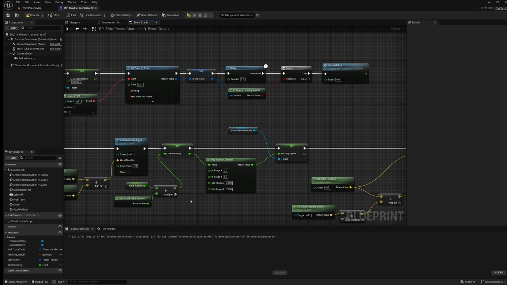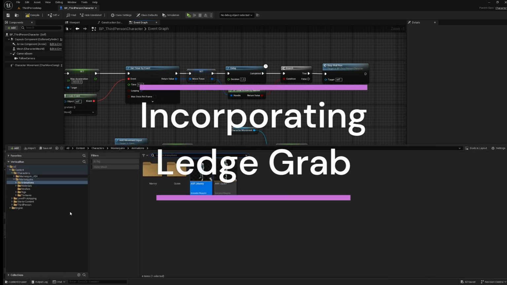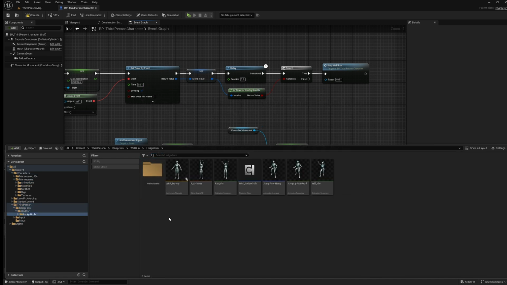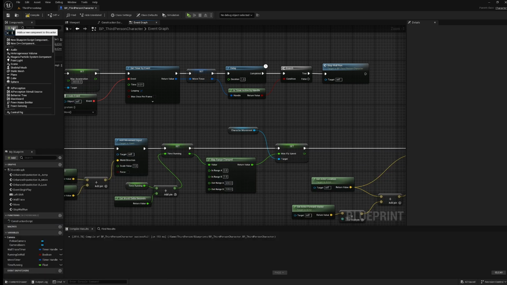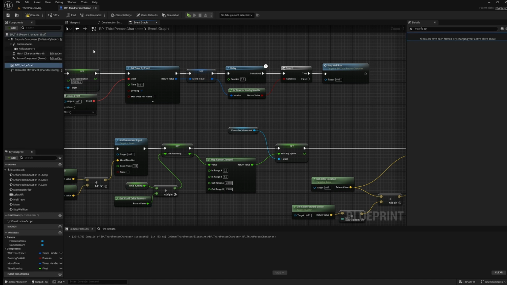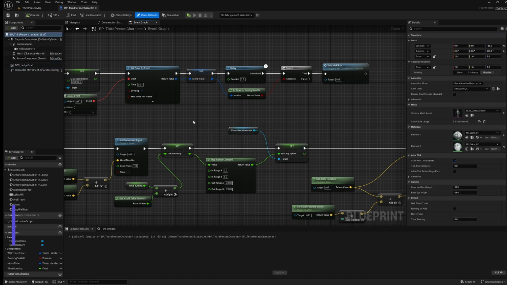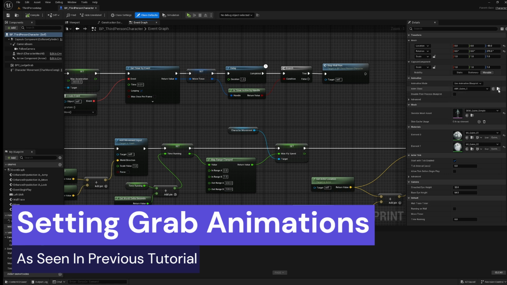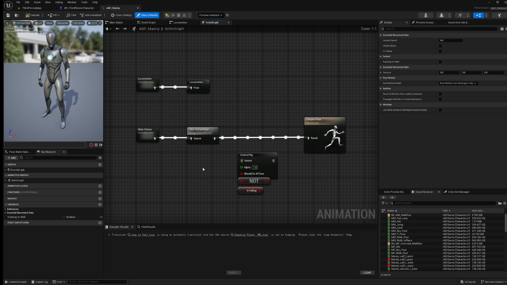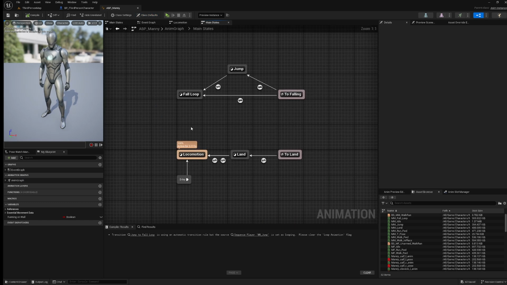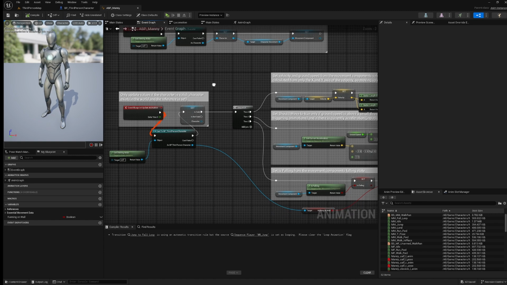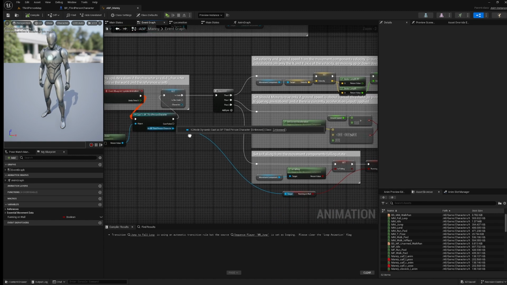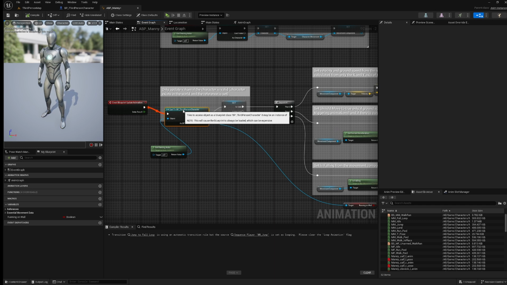Now, as a bit of a bonus, when we run up to the wall, we can add the ledge grab blueprint component from a few videos ago. So first thing we want to do is open up our animation blueprint. And in our event graph, what we want to do is, if you have the blueprint component,